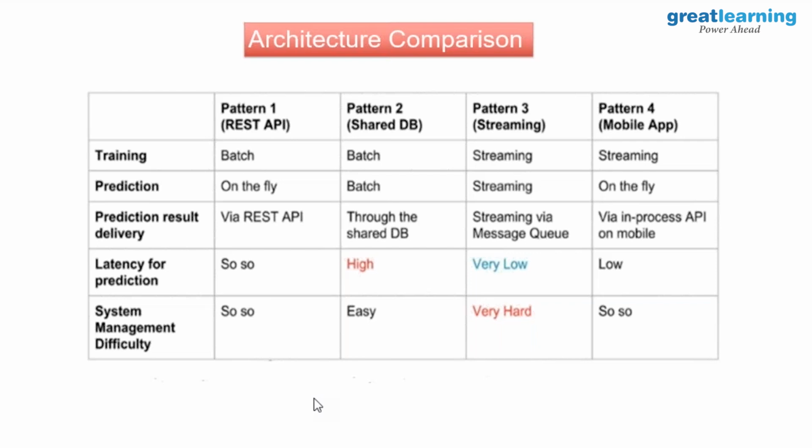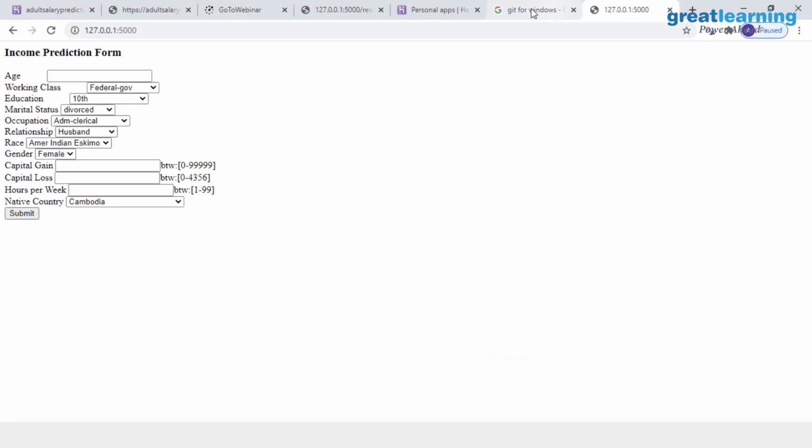In pattern 1, why do we call it so-so? Because you have the train environment which is static, right? It is a batch. Using the historical batch data, the model was trained. Now you have on the fly. So imagine here, when I get onto this URL, what is dynamic right now, or what is online, is only this form and the model prediction. But the model which has been created is offline.